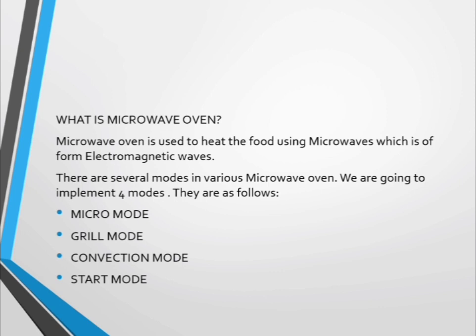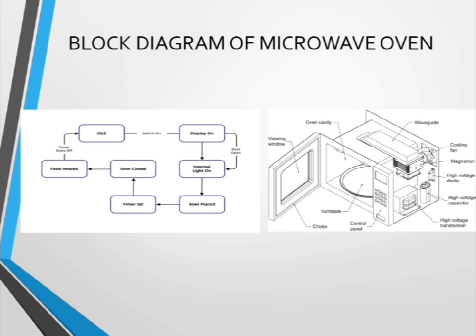Now, finally, let us look into the block diagram of the microwave oven. From this block diagram, we can see the basic working of the microwave oven. Here we can see that initially the microwave oven will be in the idle condition. When we switch on the microwave oven, the display will be on along with the internal lights. When we place the bowl or the food inside the microwave oven and set the timer accordingly and close the